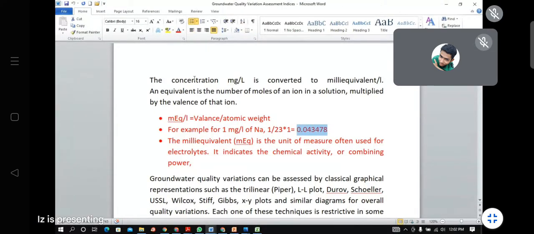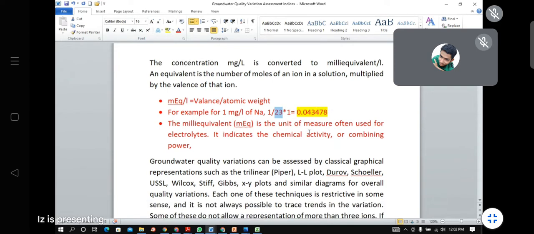So, for example, this figure, you must have encountered this figure in your MSc practical, right? With this, you multiply, for example, this is the constant for sodium. So the sodium value given in milligram per liter will be converted into milli equivalent once you multiply with this conversion factor. This conversion factor is nothing but the valency divided by atomic weight. Valency of sodium is 1, atomic weight is 23. So this is how you get this